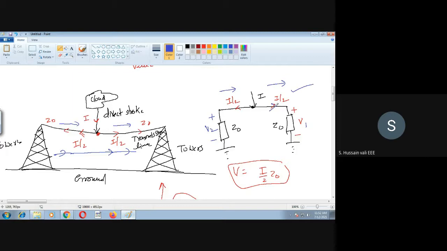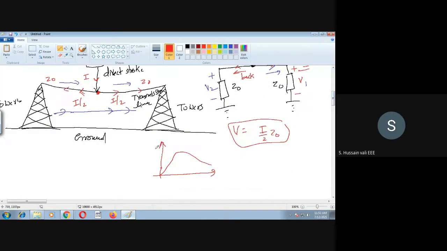So the current is moving in the front direction, you can call it the front direction. Whereas this current, which is the red color, is moving in the back direction, backwards. So for the front direction, the voltage wave shape is this one. This is V1. Now how do you draw V2? As it is moving in the reverse direction, it will be something like this. The shape here is opposite.